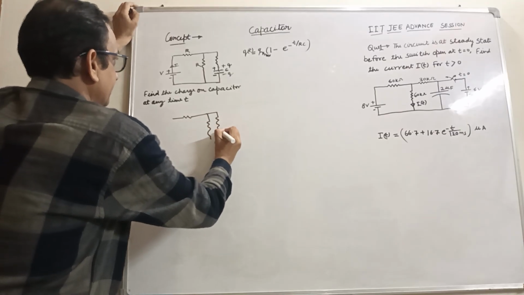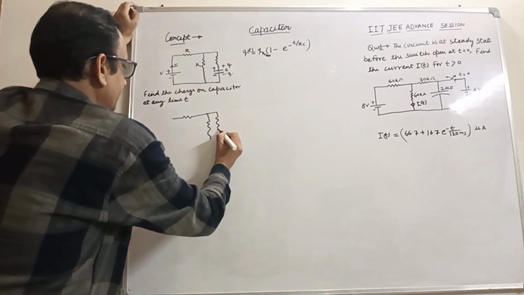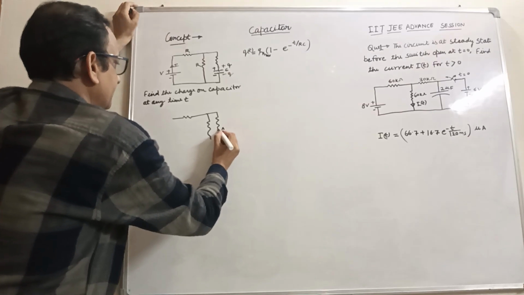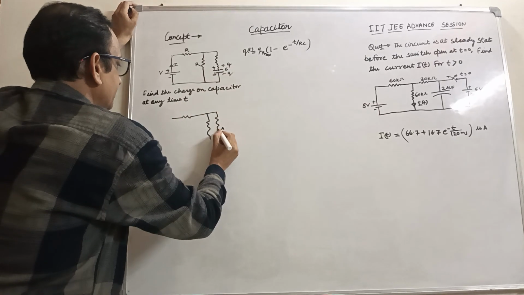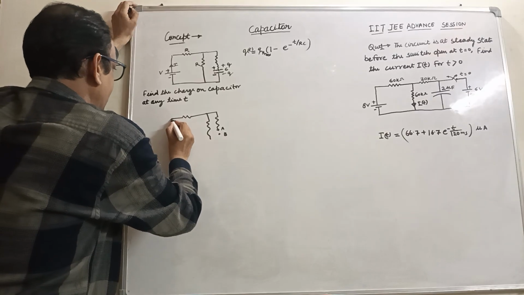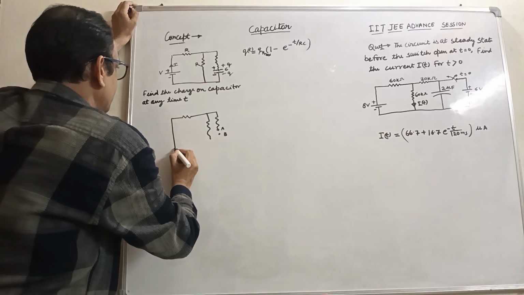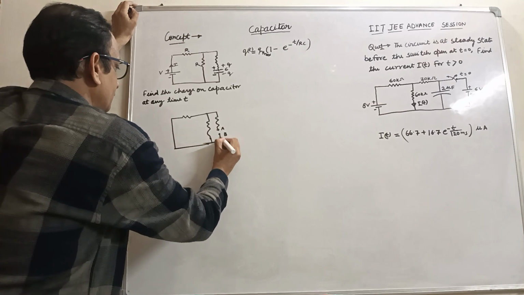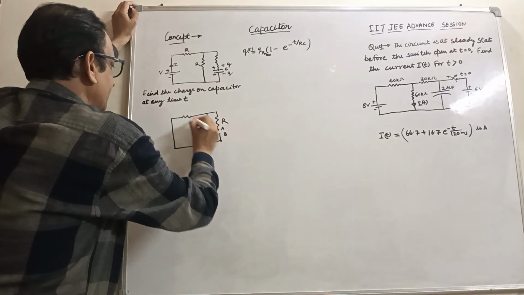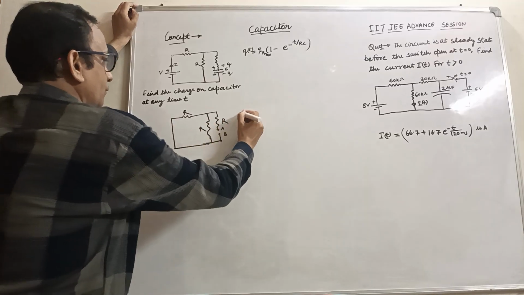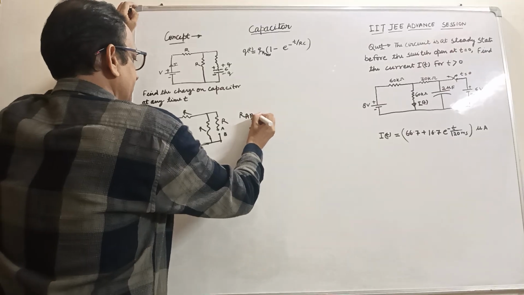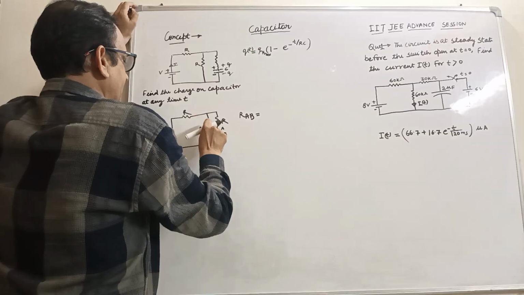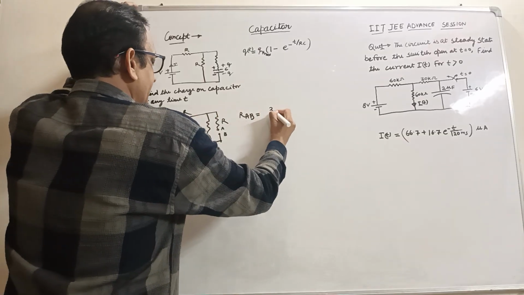like this, with the capacitor, and this is terminal A and B. It would look like this, and all the sources, that is the voltage source, would be shorted here. So after shorting the voltage source, we have to find the resistance across AB. So R_AB would be